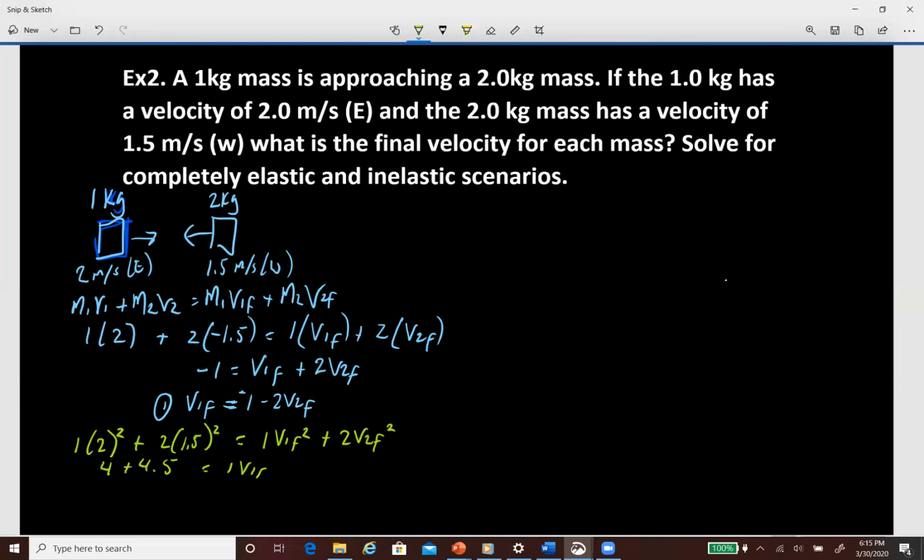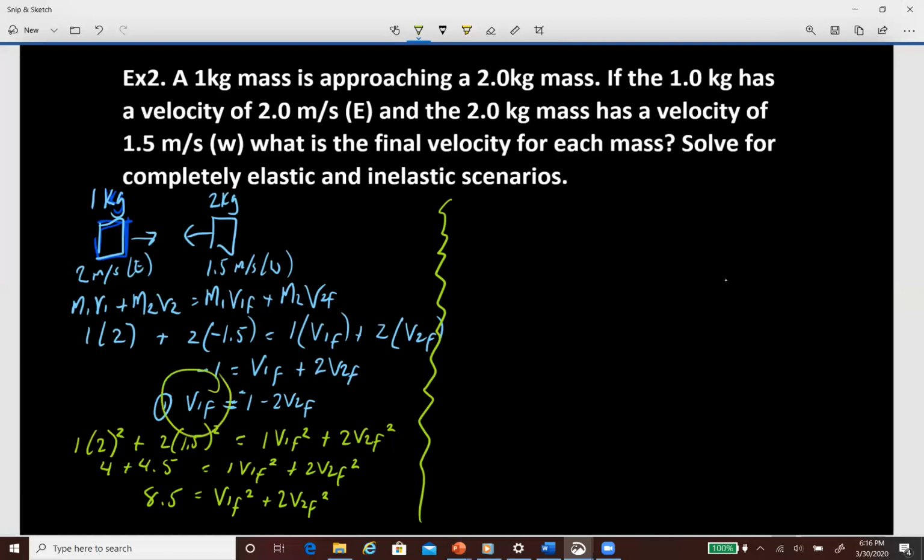Okay. So that's going to equal 1 v1f squared plus 2 v2f squared. So this is going to give us 8.5 is equal to v1f squared plus 2v2f squared. Like we did last time, we are just going to substitute because we already know what v1f is. We have it over here, so we're just going to substitute that in now. Let's change the color. So we're going to say 8.5 is equal to v1f squared. The v1f squared is negative 1